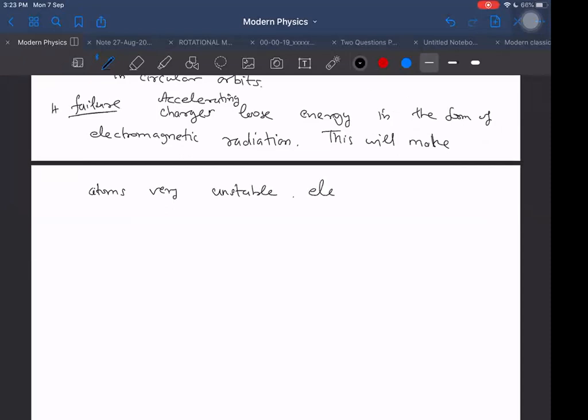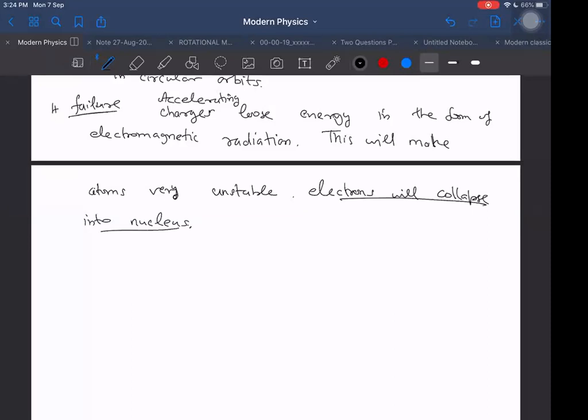Electrons will collapse into the nucleus. Electrons will collapse into the nucleus soon, so then it is not even possible. They calculated the time also, and I think they found the time to be of the order of a microsecond. Means the time will be so small for the electrons to collapse into the nucleus. Then how are the atoms stable? That was the question. Why the atoms are stable, that Rutherford could not explain.